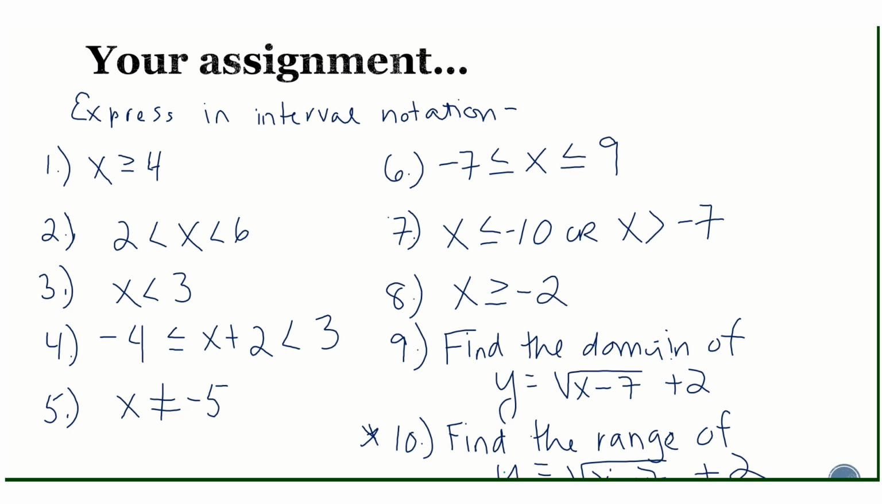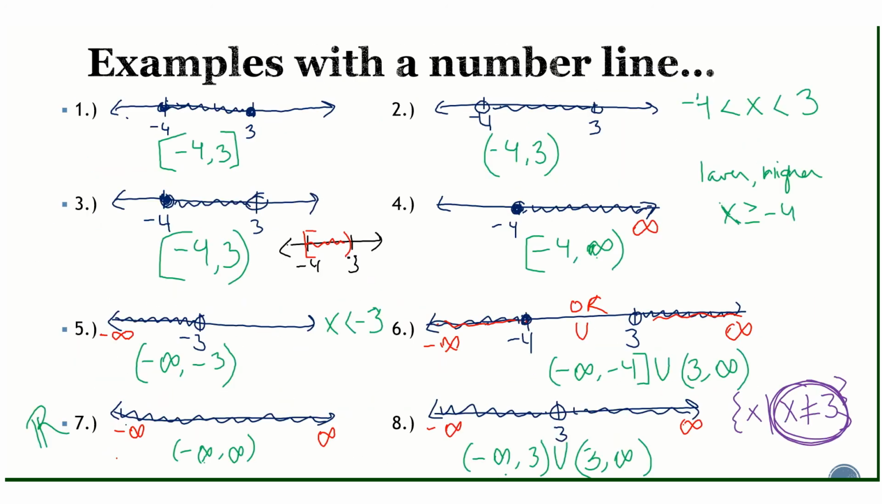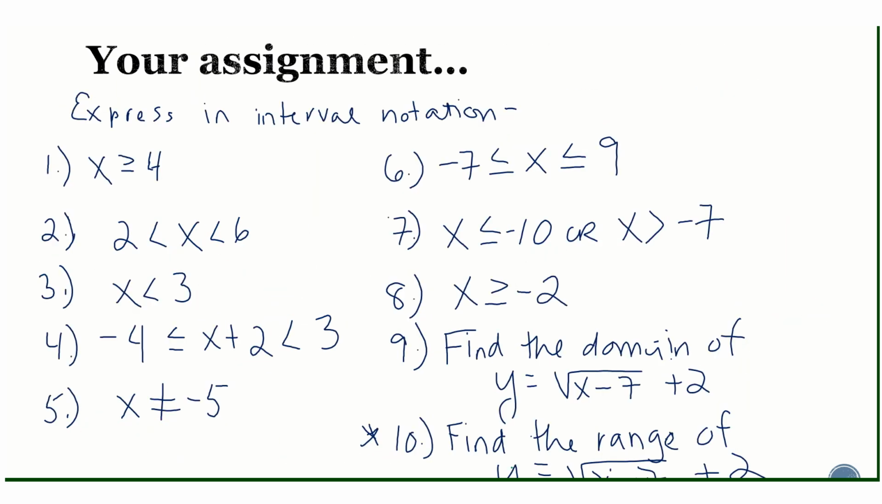Number 6, negative 7 is less than or equal to x is less than or equal to 9. Number 7, I hope I numbered that right. This is one that has an or in it, so x is less than or equal to negative 10, or x is greater than negative 7. And we did one that had an or in it. That would have been number 6. Would be one that has an or. Number 8, x is greater than or equal to negative 2. And numbers 9 and 10, find the domain of,